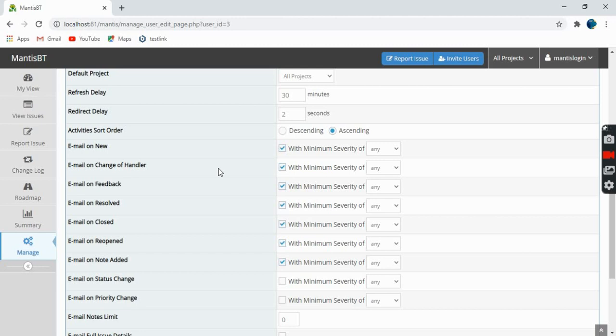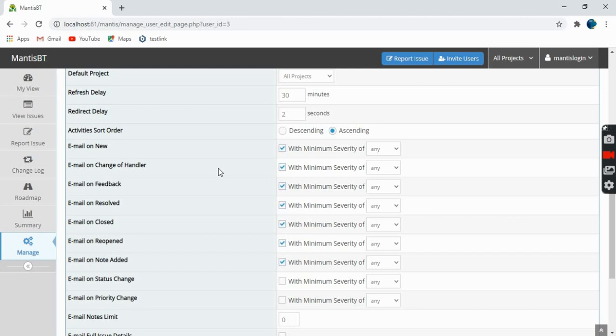Okay, another important point is that the person will no longer be able to log in with that particular user ID and password, or with that account, and no further email communication will be sent to the account. Next one is the user account will not be shown anymore in the lists as well. Like assign to or send reminder to, several lists are there. In those lists also the user account will not be included. Okay, so these are the points related to disabling the user accounts.